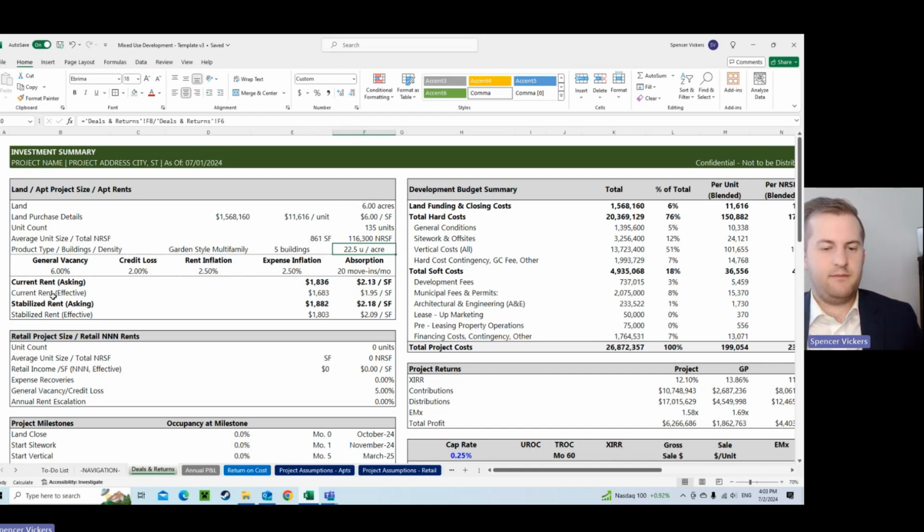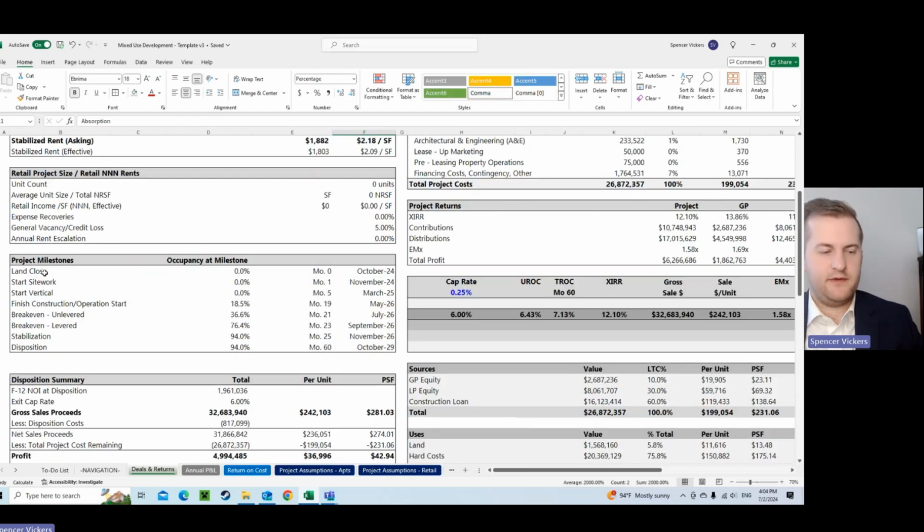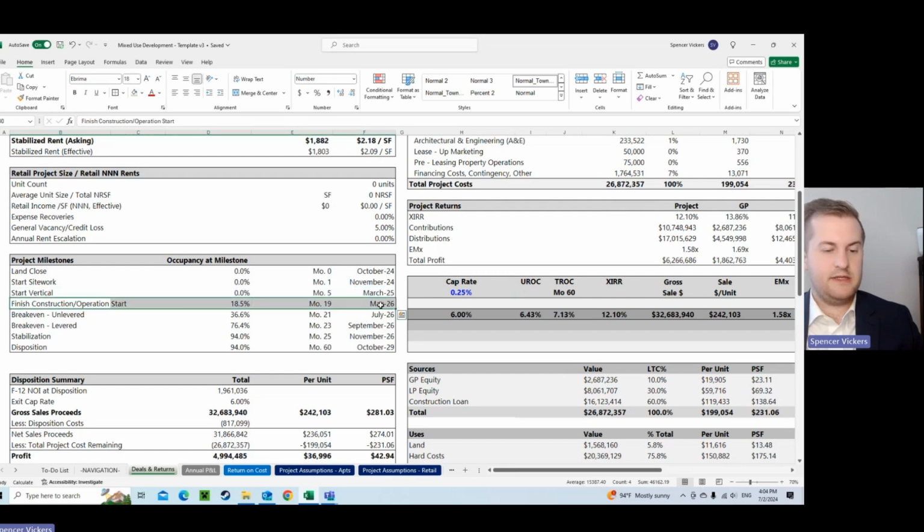Some general assumptions about the project based on the submarket: general vacancy of about 6%, credit loss of about 2%, rent inflation of 2.5%, expense inflation of 2.5%. These are all per year. These numbers are on a stabilized basis, taken out of income, absorption of about 20 move-ins per month once we deliver those buildings. So project milestones here: land close, start site work, go vertical, finish construction, and start leasing,